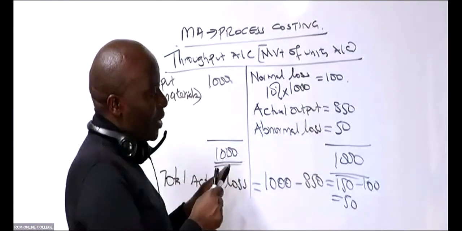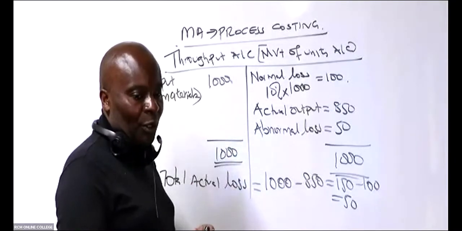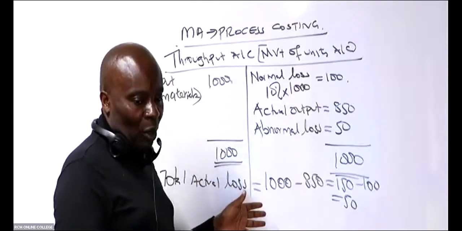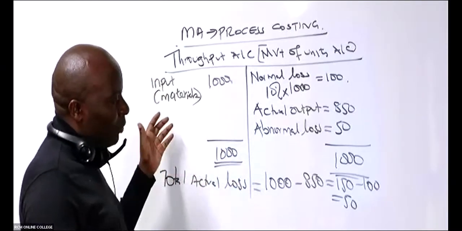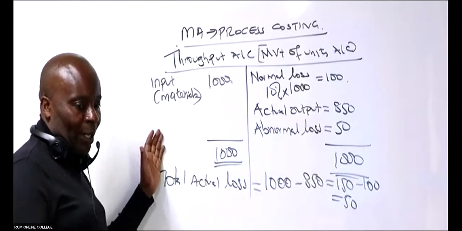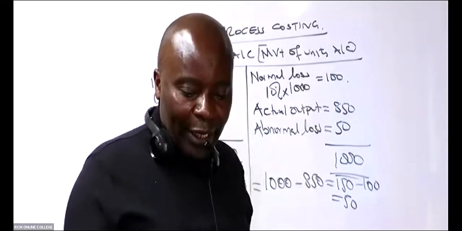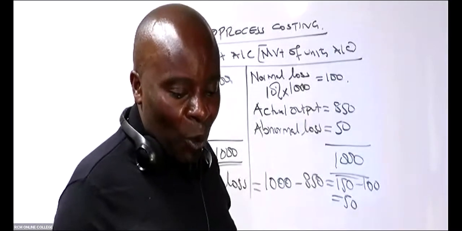So you can see there, the balancing figure is on the credit side. If the balancing figure is on the credit side, then that will be an abnormal loss. If the balancing figure was to come on the debit side, it will be an abnormal gain. So please master this. Now, after this, you shall be able to go ahead and give us the process